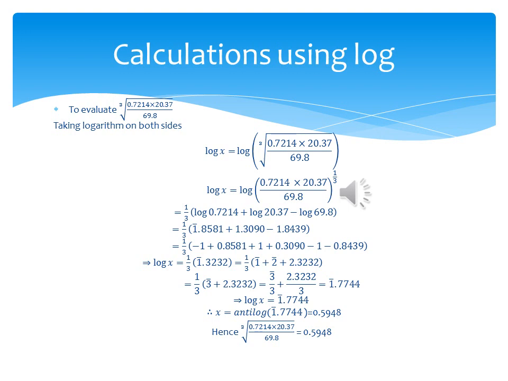So we get, to calculate this, we have to go to the next step. Again, bar 1.8581, I break it up as minus 1 plus 0.8581 plus, the second part can actually be done just like that, or you can break it up, 1 plus 3090 and minus 1 minus 0.8439. So this value that we have is log x. Simplify the calculations like decimals and we get bar 1.3232.